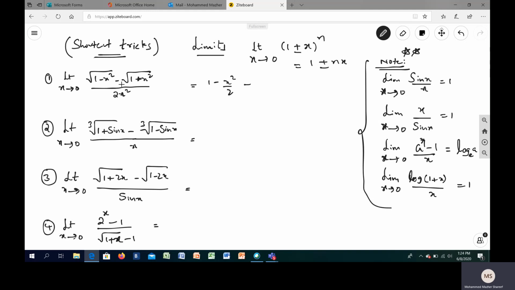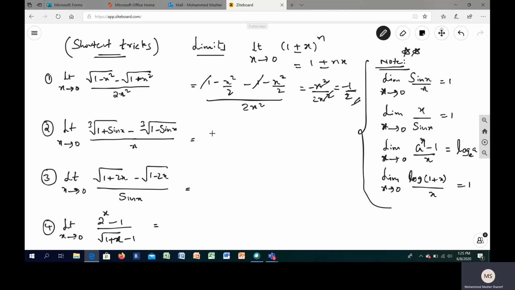This is a negative sign because it is given in the question. I am opening that with the negative directly to avoid one more step and get the answer quickly. So you get minus x square in the numerator and 2x square in the denominator, which cancel out, and your answer is minus 1 by 2. Isn't it pretty simple? So that's how you can solve questions like this in a matter of seconds.